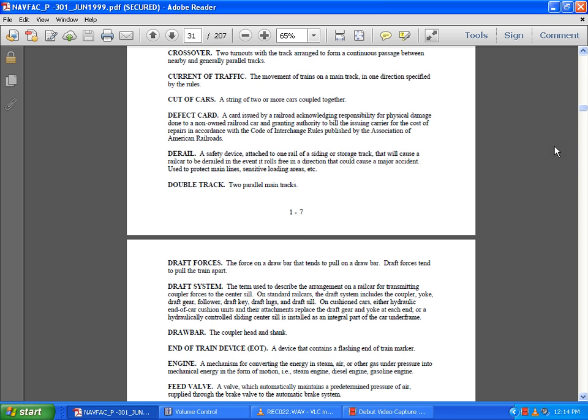The draft force is the force of the drawbar that depends on the pull on the drawbar. The draft force tends to pull the train apart. The draft system is the term used for the arrangement of the